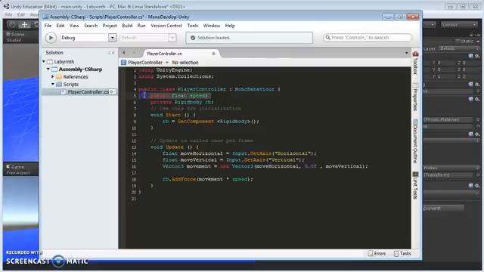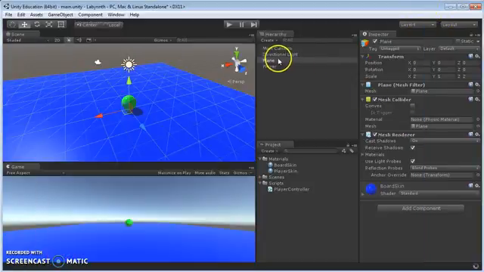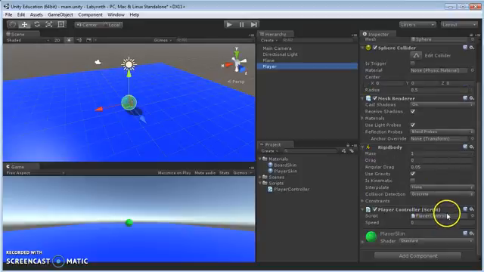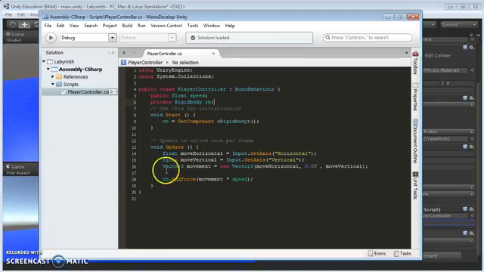And the cool thing here, and what's going to make this super useful, is when you add a public instance variable in MonoDevelop or in your script, if you save that and go back into Unity and we click on our player object, we can go down to this script and you can see that we have an adjustable value here for speed. So we can actually adjust this right in the editor, so we can double check and make sure it works. So I can hit 2 here, and that changes that speed variable that I'm multiplying my movement by,